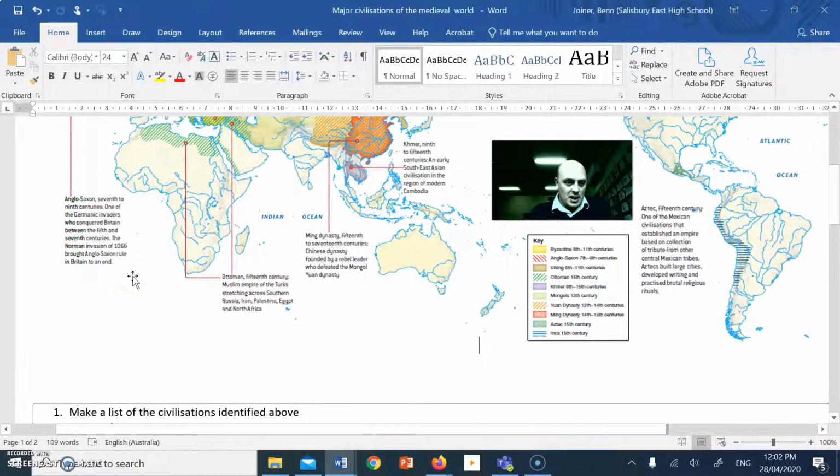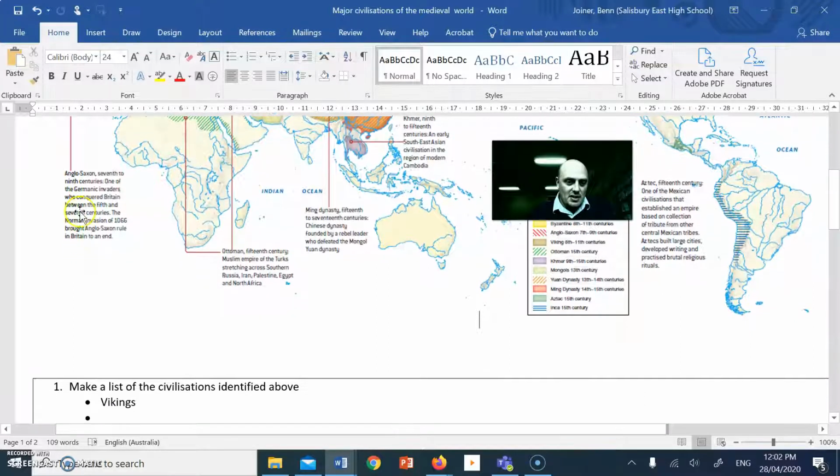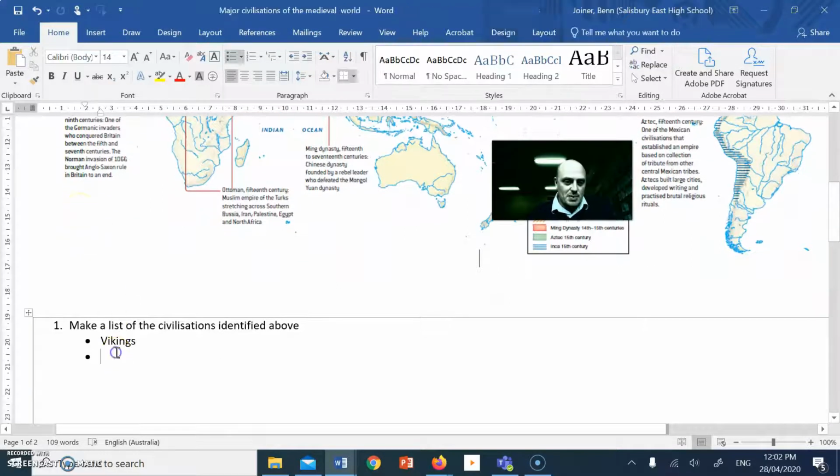So the Anglo-Saxon lasted from the 7th to the 9th centuries. One of the Germanic invaders who conquered Britain between the 5th and 7th centuries. The Norman invasion of 1066 brought Anglo-Saxon rule in Britain to an end. Okay, so you might just put in here